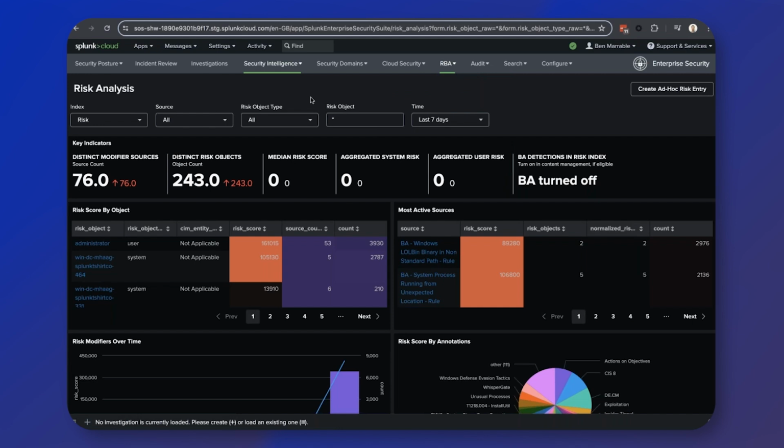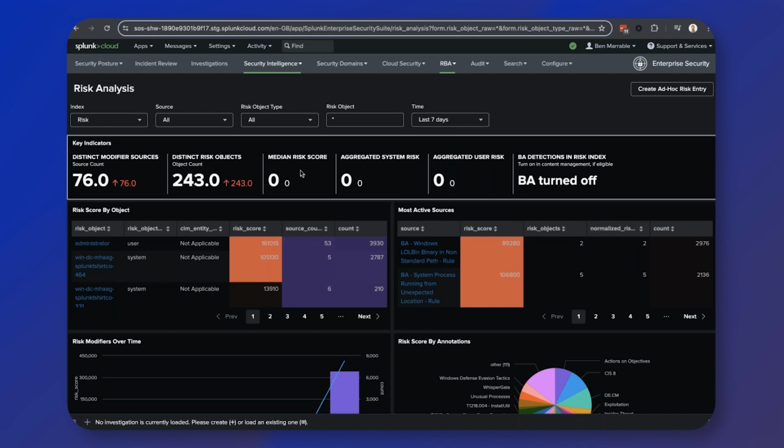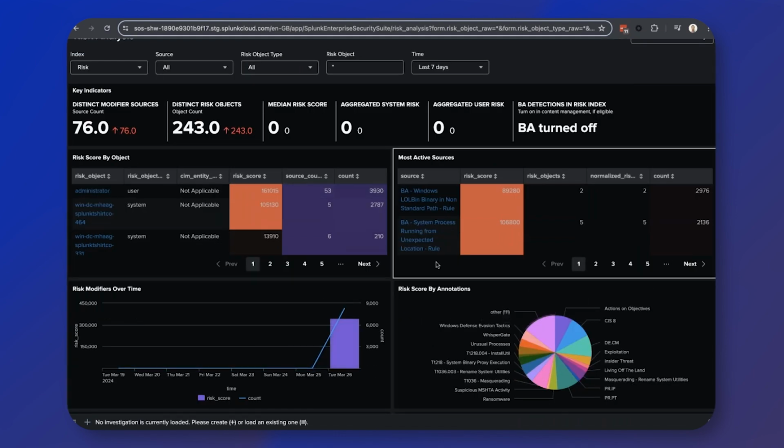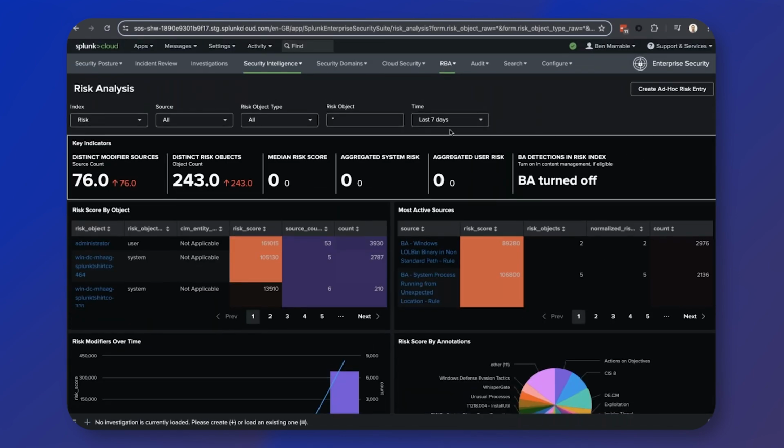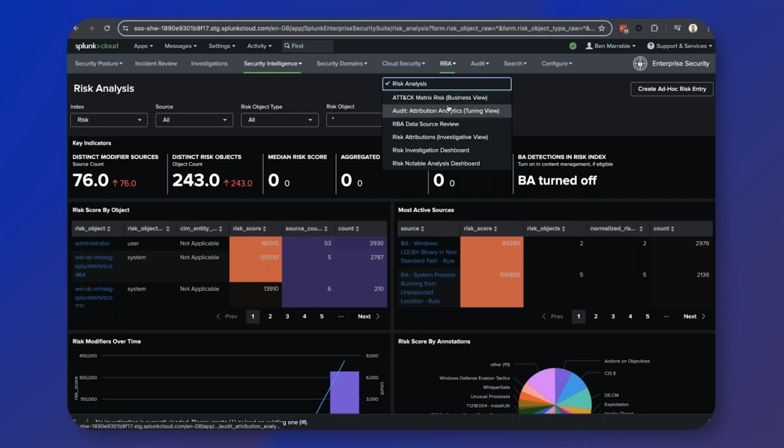We looked at this previously, but this is your out-of-the-box Enterprise Security view of risk and the risk framework and RBA. It's got a lot of useful information, including the risk indicators, key indicators around risk across the top, the risk scores by objects and so forth. Lots of good stuff. We've seen this before, so let's move on to the next one, which is attack matrix